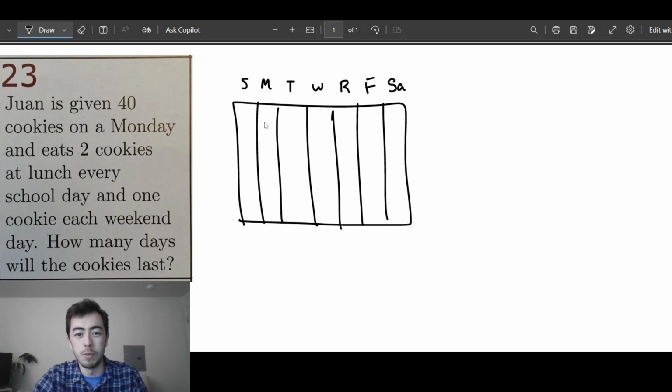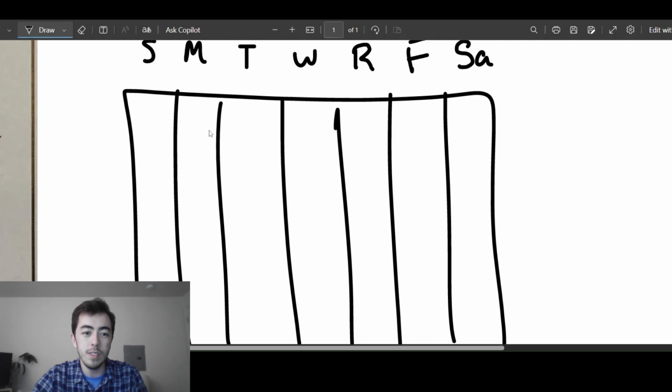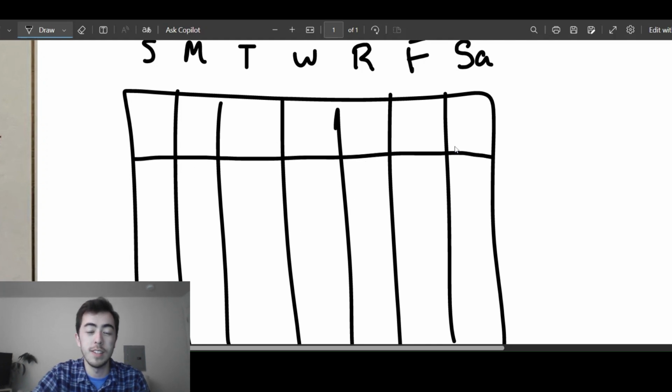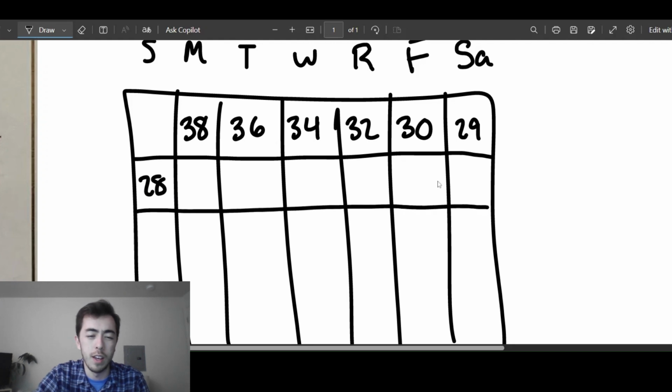So let's actually zoom in on this, because I already know what the prompt says. He gets 40 cookies this day, but he's going to eat 2 at school. So he has 38 right now. Then he eats another 2, and another 2, and another 2. And then finally, he'll eat 2 on Friday at school. And then he'll eat 1 on Saturday and 1 on Sunday. Okay, so it looks like he eats 1, 2, 3, 4, 5, 6, 7, 8, 9, 10, 11, 12 cookies